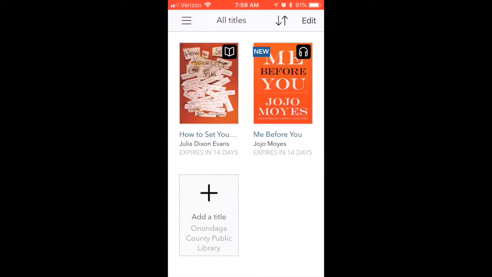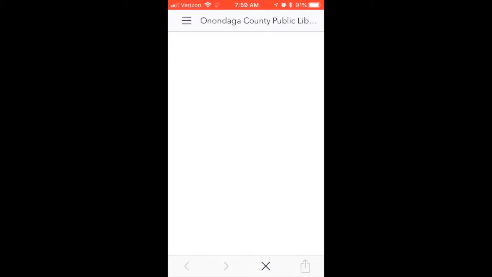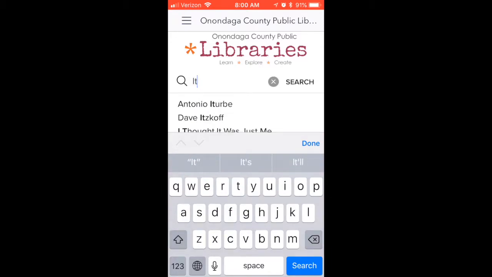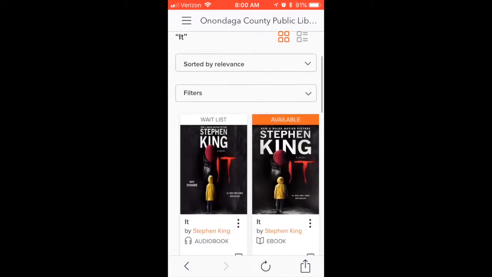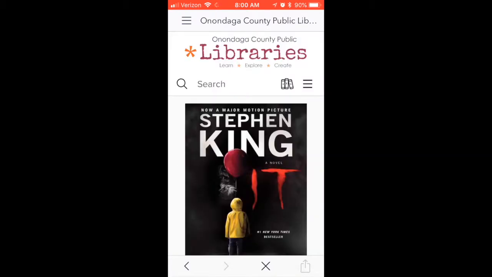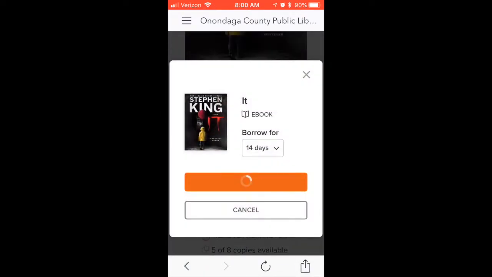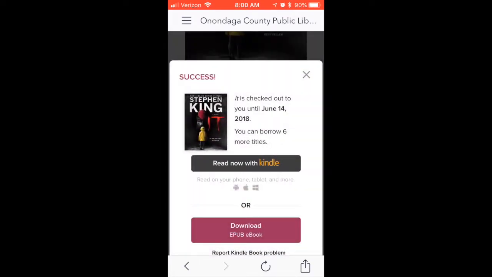Downloading an ebook from OverDrive to your Kindle or Kindle app is fairly easy. You'll go through the same steps as you would to download the book right to OverDrive by searching or browsing to find an available title. Once you've found one you're interested in, you can click Borrow, and then you have the option to read now